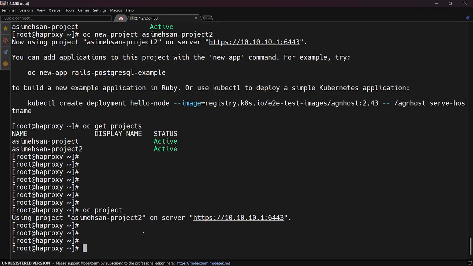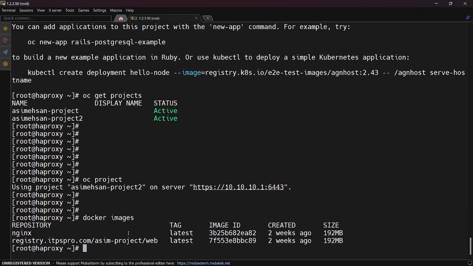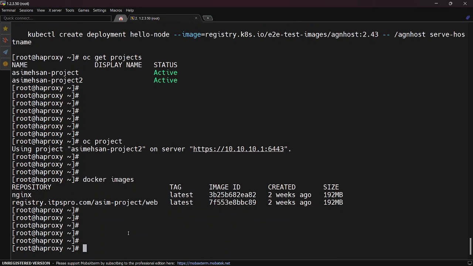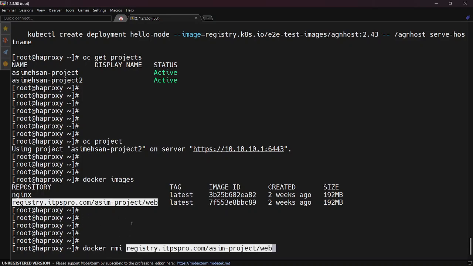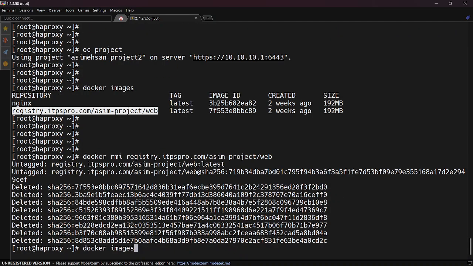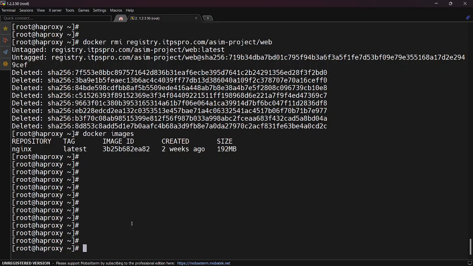Suppose I am a developer, I am using this user as a developer, and the developer wants to push the image to the registry. So a developer will use the docker command, which I also installed here, and let me just run docker rmi to remove this previous image. I would like to show you from scratch. So docker images, there is nothing. So this developer will docker pull, for example, the nginx image